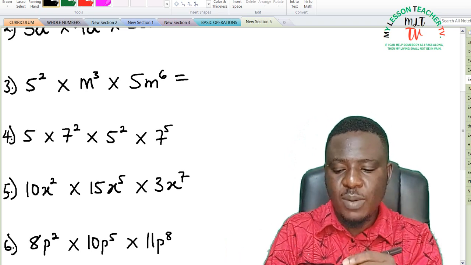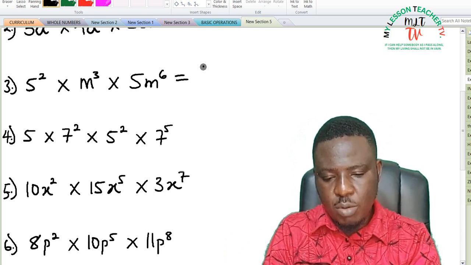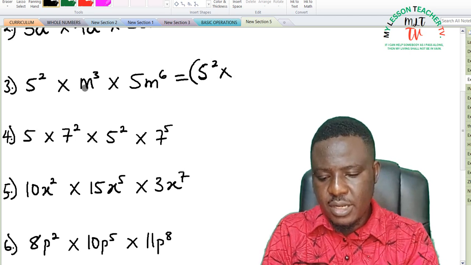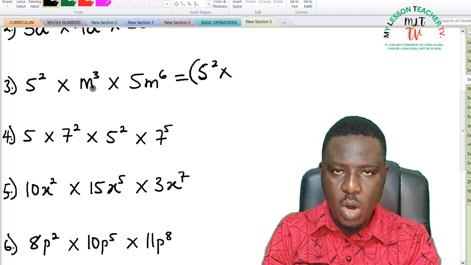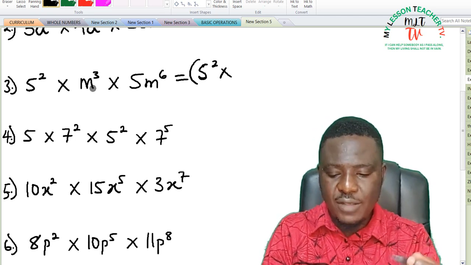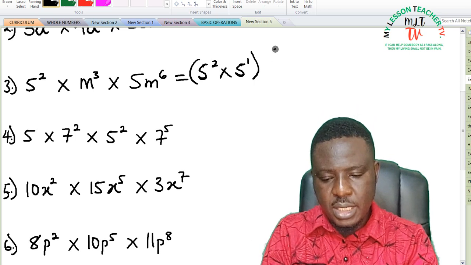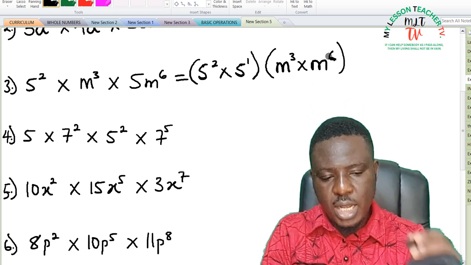So I'm going to multiply out the coefficient from each of them. This becomes 5 squared times, definitely the coefficient of m cubed is 1, so you can either put it or leave it, times 5 raised to the power of 1 into bracket m cubed times m raised to the power of 6,